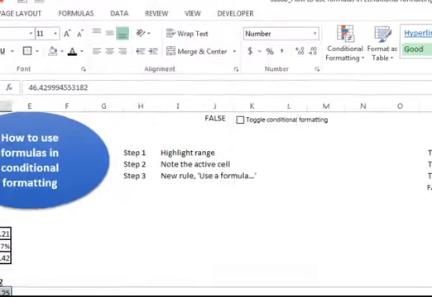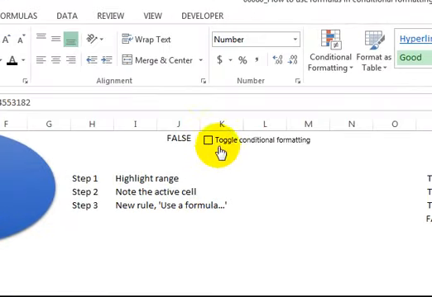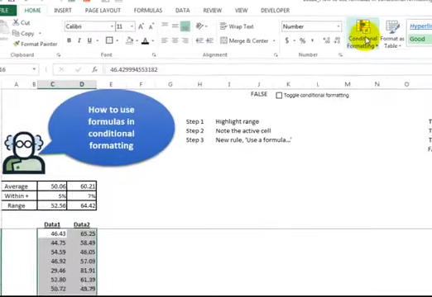Now before we create the rule, I almost forgot. Here we see a little checkbox for toggle conditional formatting. So we also want an easy way, instead of deleting the rule, to toggle the conditional formatting rule off and on, instead of deleting it and then going back and creating it again. So let's go to our rule,